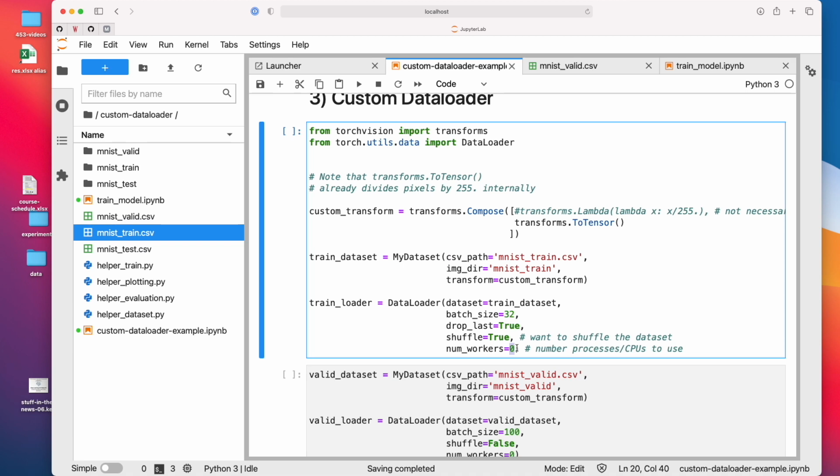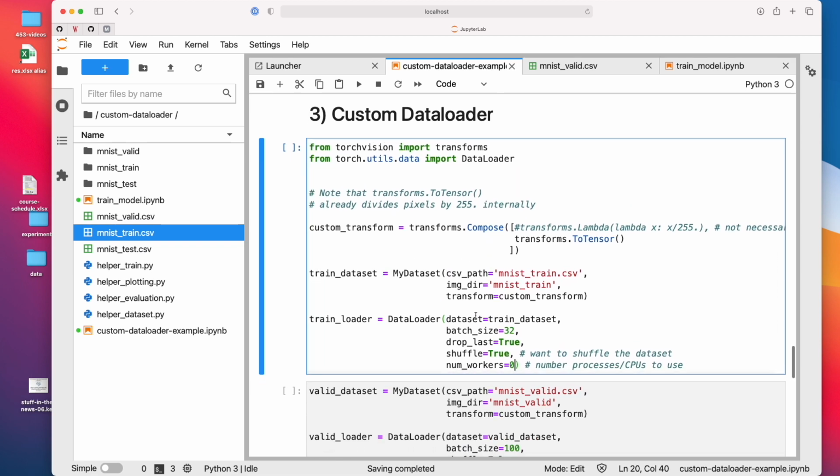I noticed when I run it here, actually I get problems recently with recent versions. I think this is because MNIST is so fast to load that it will just load too many things at once, and then it has too many open files waiting for the GPU to be processed. So I get nowadays an error when I run it on MNIST. But if I have any other data set other than MNIST, that is usually not a problem, because MNIST is really just too simple. I think that's the problem. So I set it to 0, but in your projects, you may want to set it to a higher number. For example, in my research projects, I usually use 2 or 3 without problems.